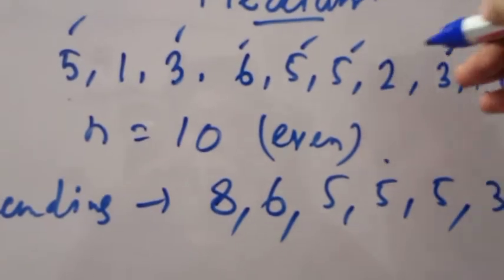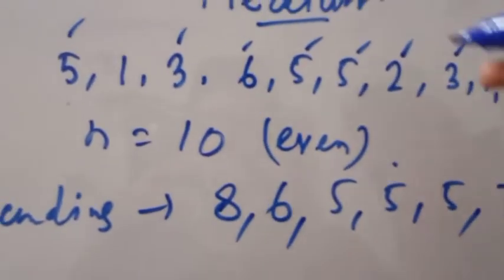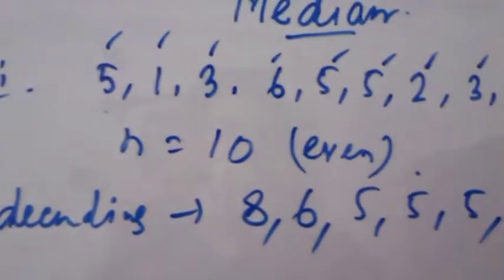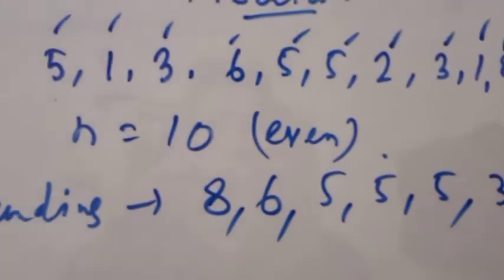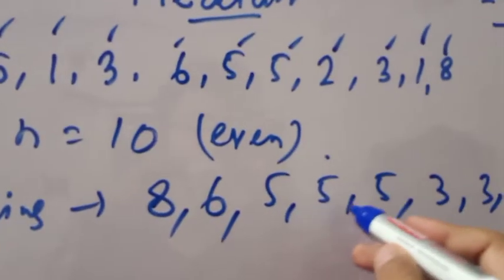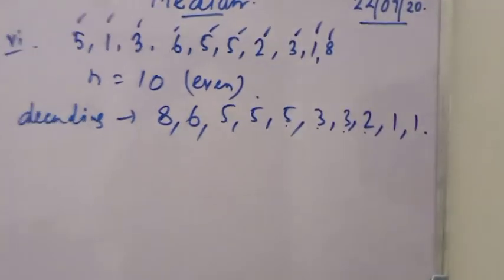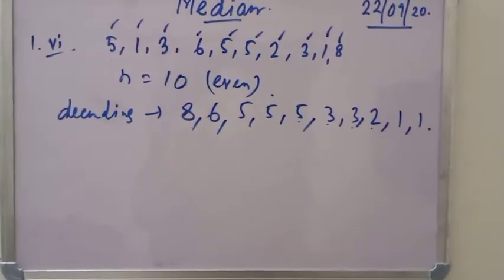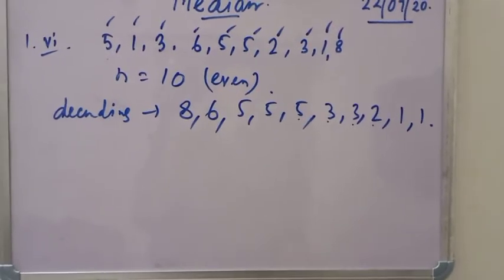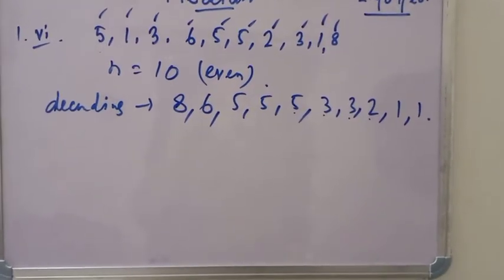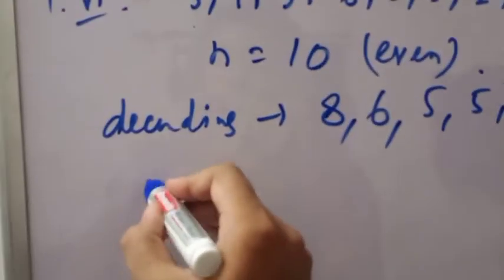Next 2. Next 1. Count it: 1 2 3 4 5 6 7 8 9 10. Okay, so the descending order is written over there. So now n is even, so median equals to